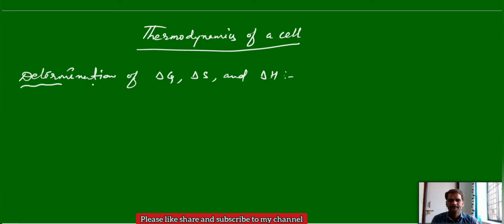Thermodynamics of a cell means here just determination of delta G, Gibbs free energy, entropy function delta S, and enthalpy function delta H. That we will discuss here. The determination of delta G gives free energy, delta S entropy, and delta H enthalpy. This is again very simple,